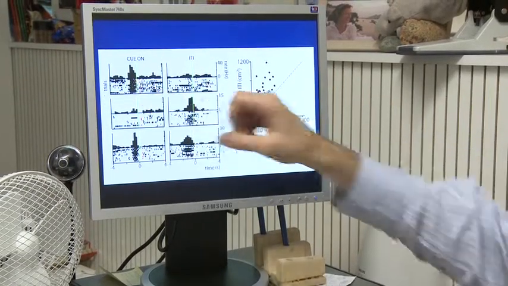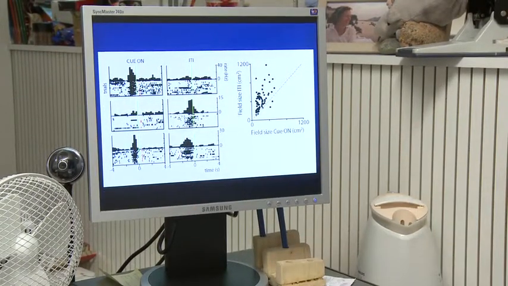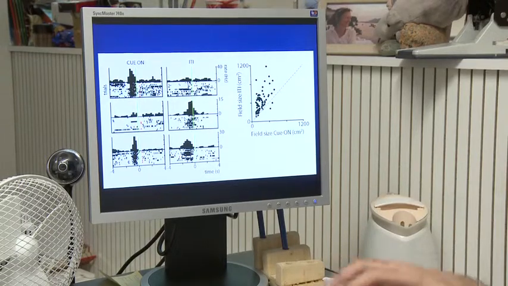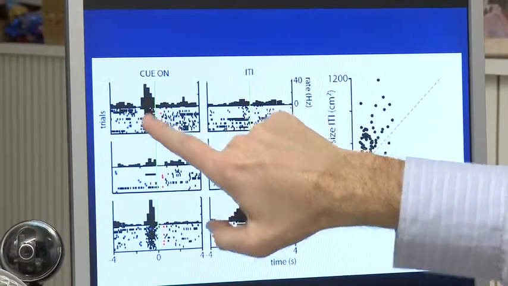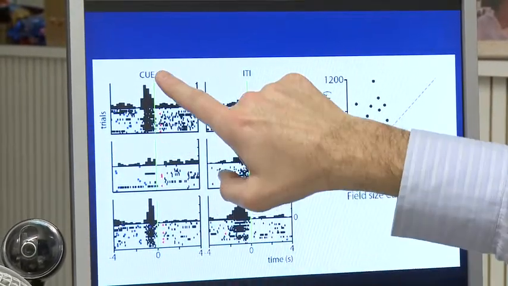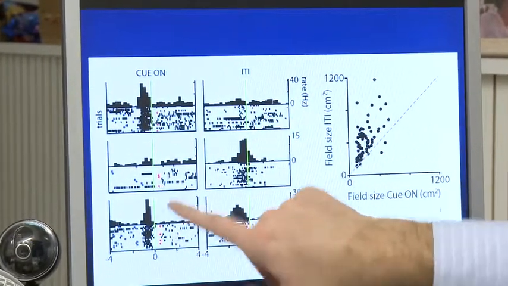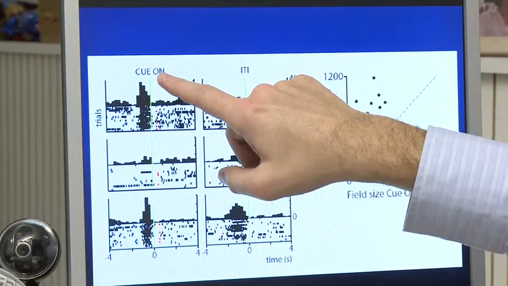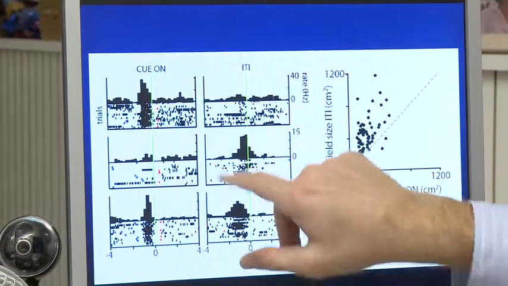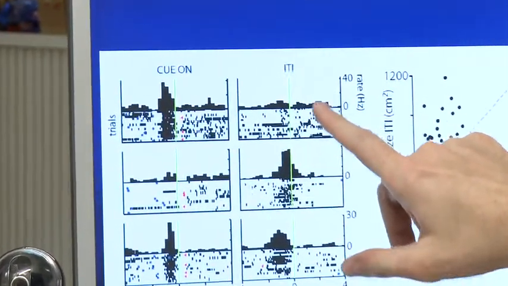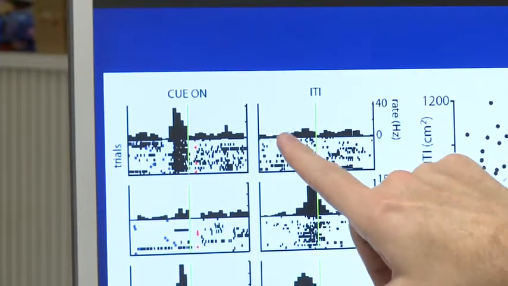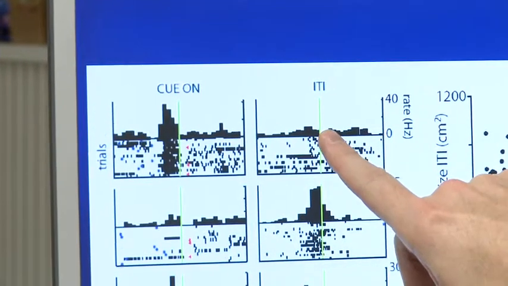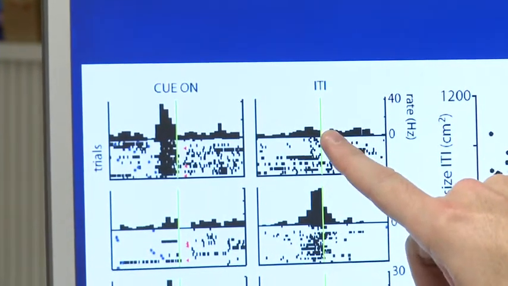When the cue is on, the rat approaches the site and crosses a place field of that hippocampal cell. And you see this as an enhanced number of spikes closely before arriving at the fluid port where he gets the reward. But when he makes the same movement, but now without cue light, in the break or the pause, you see how the response of the same cell collapses. It's basically not there anymore.